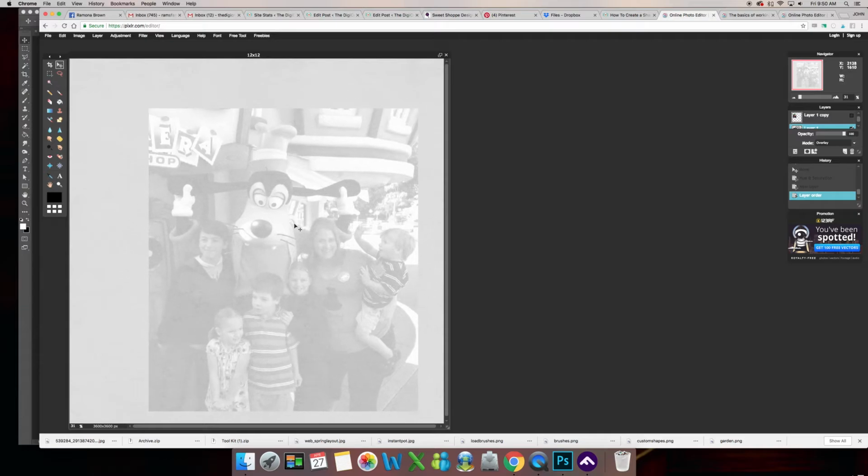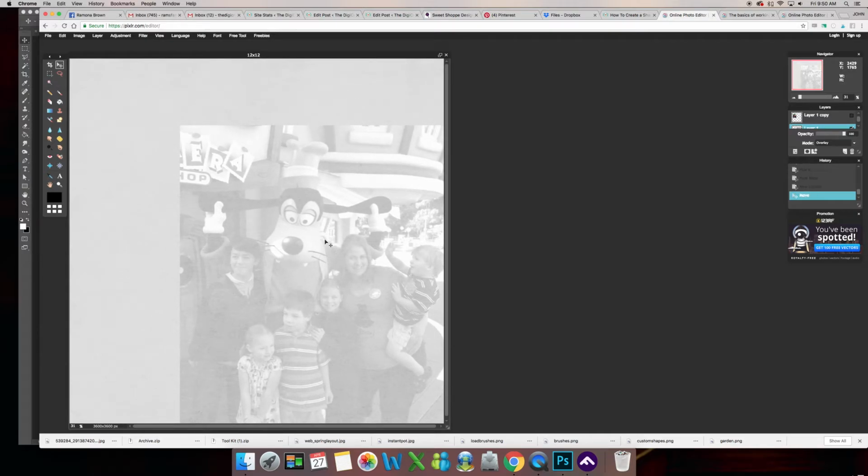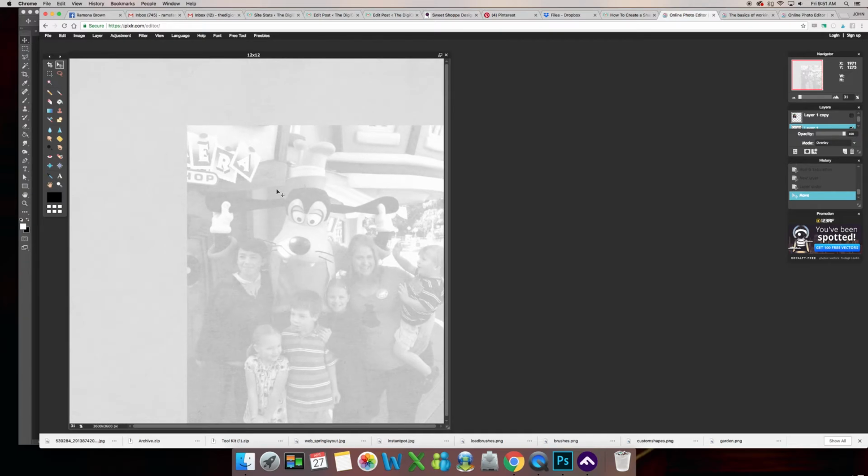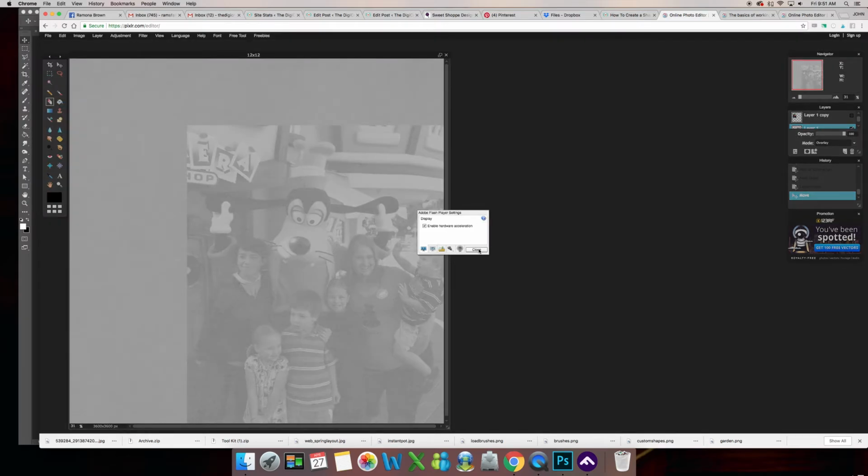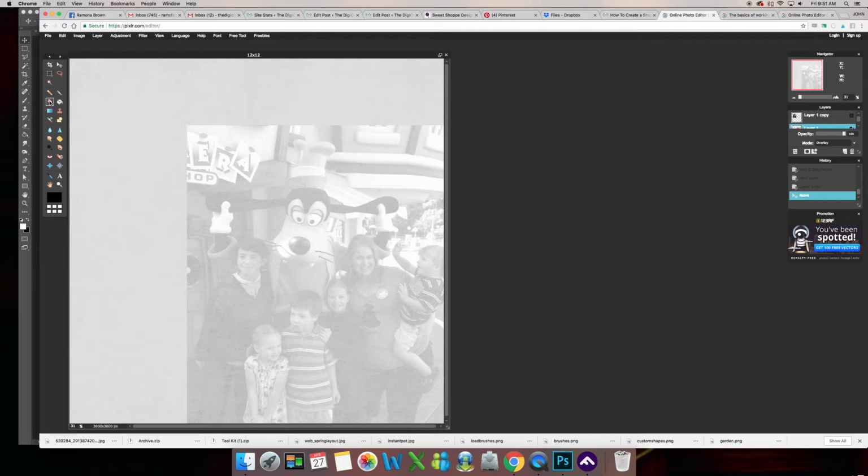Okay, so one last step we're going to do. I'm going to move this kind of down into the corner so that I can create my layout on the side here. But we are going to get the eraser tool. Oh, here it is. And no, that's not what I was looking for. So I was hoping that we could make it bigger, but oh,